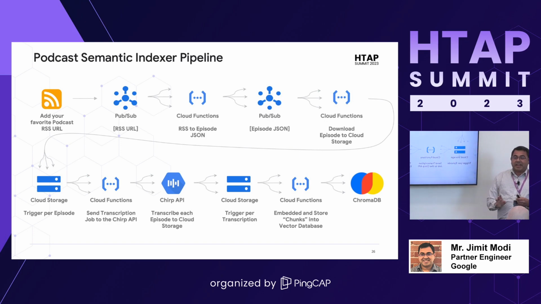This is the whole pipeline where I start with a list of podcasts, I go through several different Google Cloud offerings, and then I come back to a chat API, and then I store all this data in ChromaDB. So in the example which I gave you, where I'm asking what did somebody say in that episode of that podcast in the last 3 minutes, it's going to come back with that result. This is the whole pipeline, but that's the end goal which you'll get. So it's a very powerful technology, but you need so many moving parts to get it working.